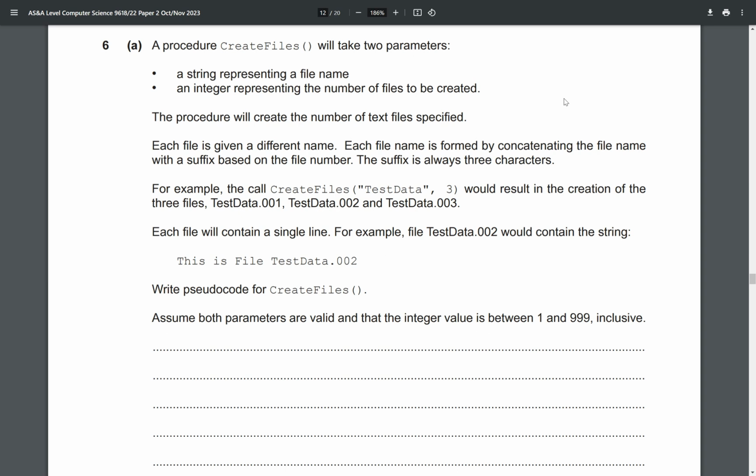Okay, so if we move on to question 6, again from paper 22 from the October-November 2023 series, it says a procedure CreateFiles will take two parameters. First, a string representing a file name, and secondly, an integer representing the number of files to be created. The procedure will create the number of text files specified, and each file is given a different name, with each name formed by concatenating the file name with a suffix based on the file number, and the suffix is always